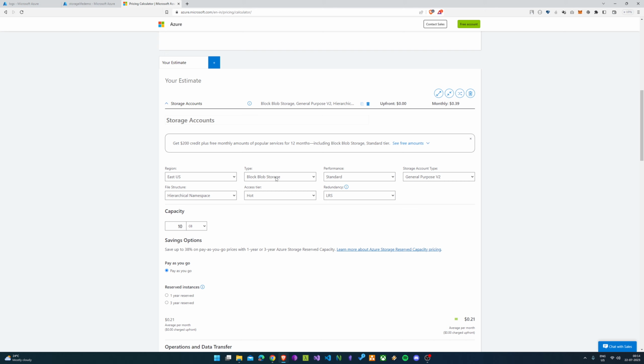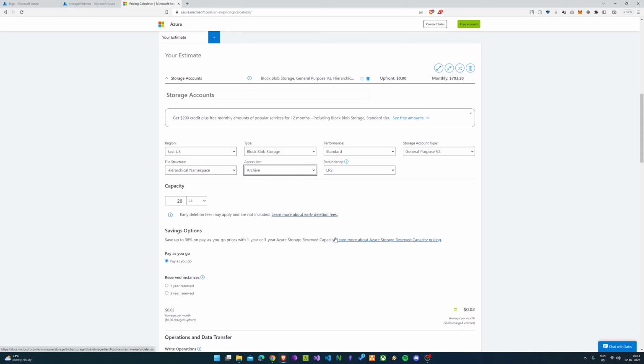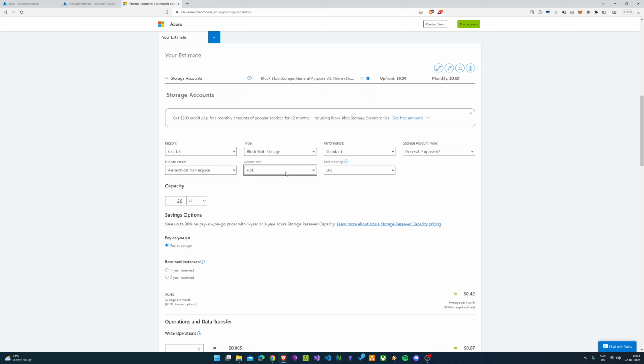You can see I set all the things, and then I have the access tier as hot, which will store up to, let's say, 20 GB of data, and the monthly cost will be $0.42. If I move this to archive storage, you can see this cost has been significantly reduced to $0.02. Although the read operations from the archive will be expensive comparatively to the read operations happening on the hot tier,